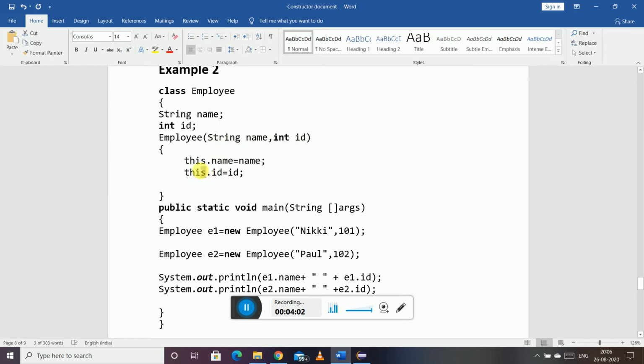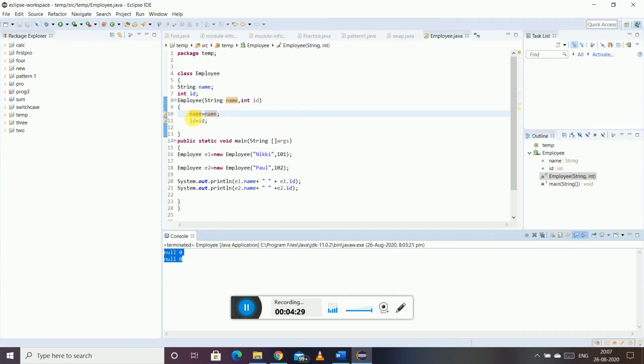That is what this keyword is doing. Okay, and now that it has specified that this name and this id refer to these instance variables, therefore this name and this id on the right refer to the parameters that we are passing inside the constructor. Okay, so that is the reason why this keyword is used.